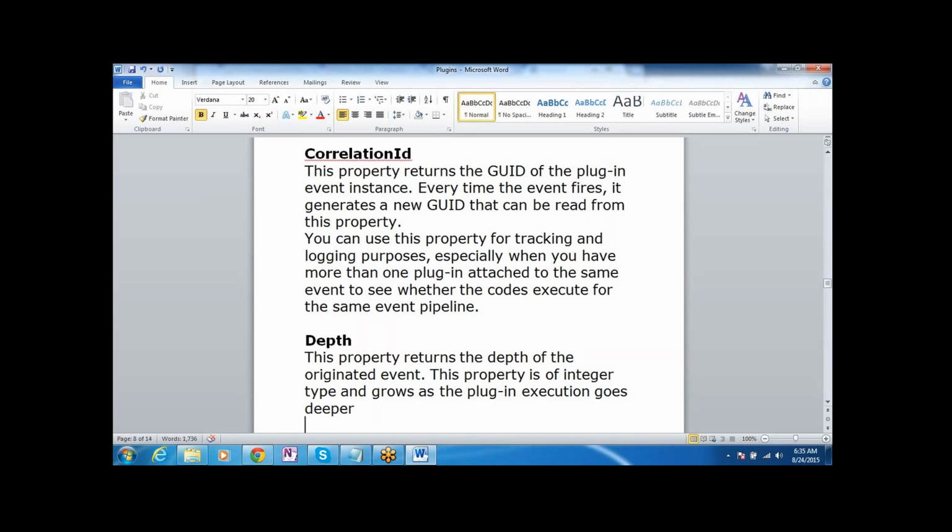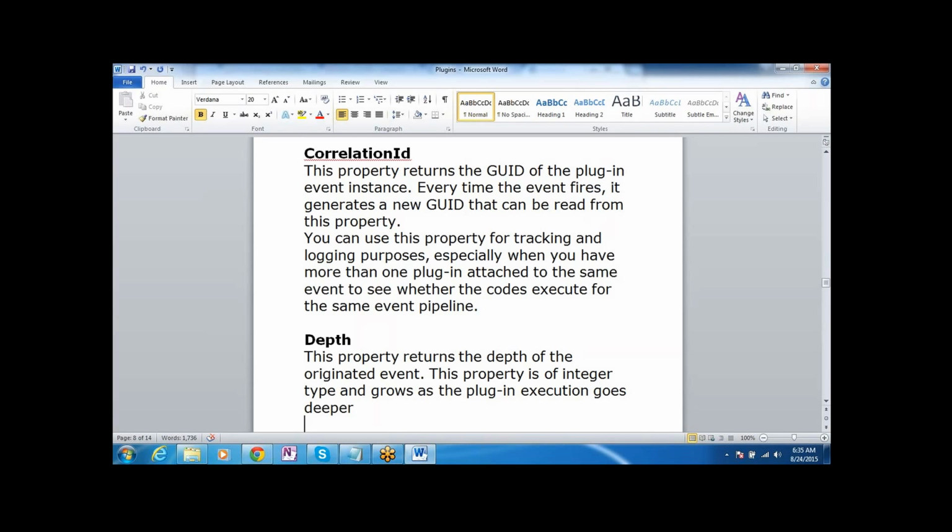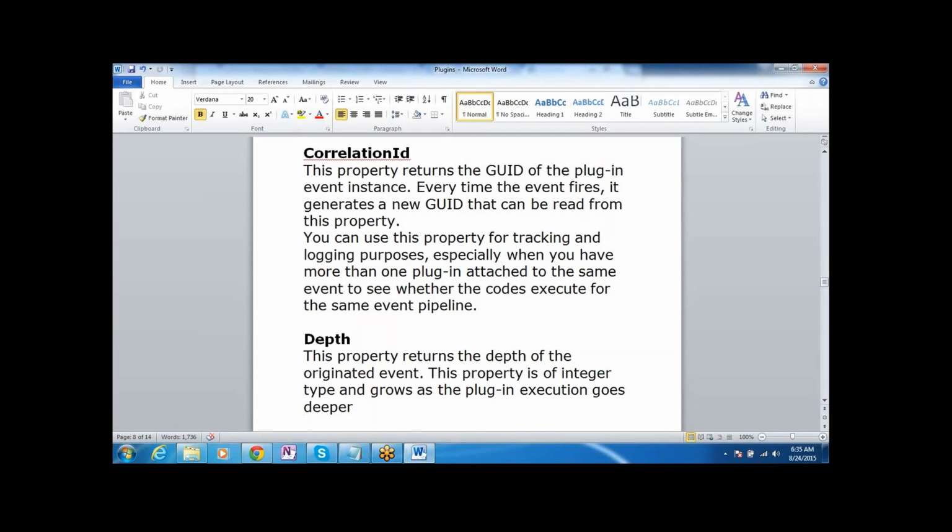By using the depth property we can restrict infinite loop execution. By default the depth property value is max 8, and it always starts at a minimum of 1.